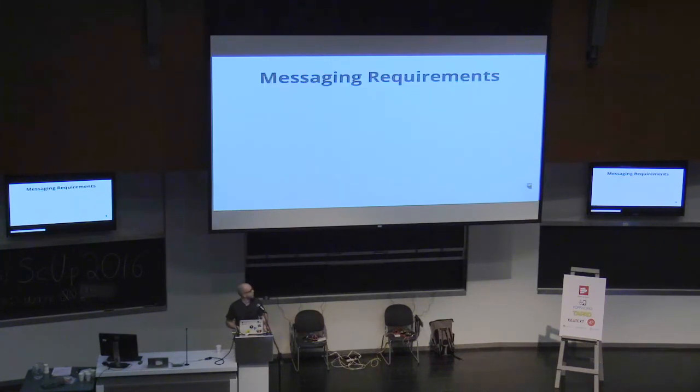So what sort of requirements are necessary for a good messaging system? You need well-defined delivery semantics on both the producer and consumer side. With at least once messaging, you have to deal with duplicates. With at most once, you have to deal with lost messages. And exactly once is really hard to do. You want it to be high throughput. We want the messages to send really fast, and we don't want to block the callers that are sending the messages.